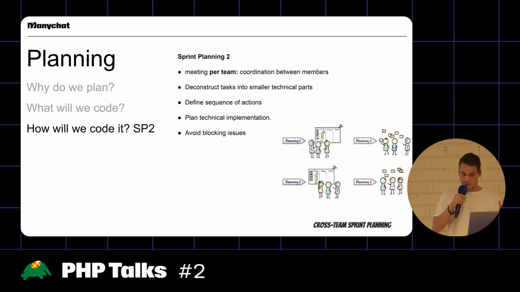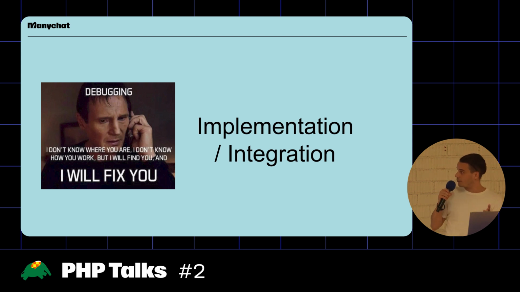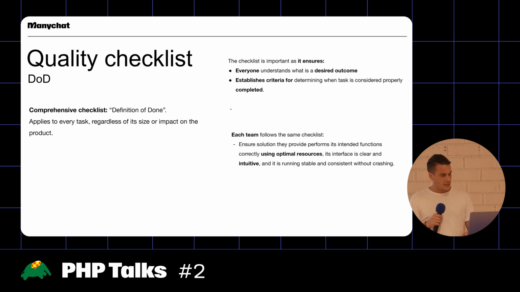After this, the teams can independently coordinate between their members. They will do the actual decomposition of the tasks, defining the sequence of actions, and also see how we're going to implement it technically. So it's going to be a more technical, detailed discussion. And also see if there are any blocking issues, maybe in terms of planning within the team and capacity-wise. So after that, we have deconstructed our task in the planning, and we can actually start building it. We can start implementing, the interesting part.